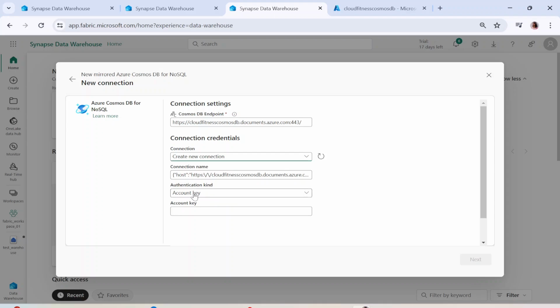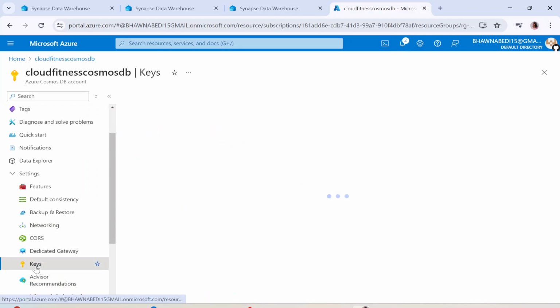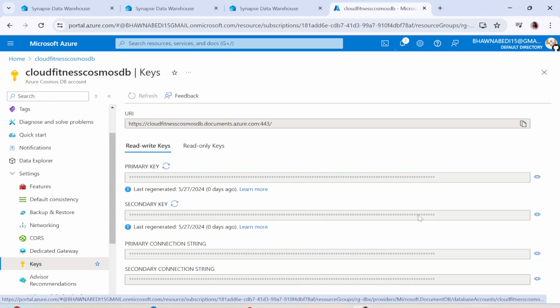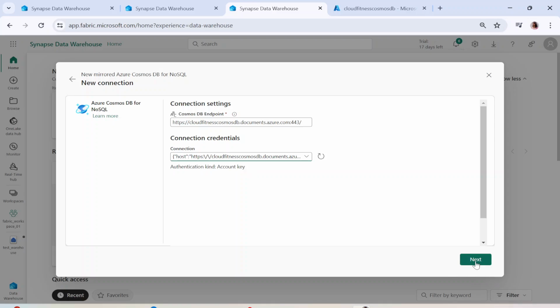In this new connection, it just takes your account key as an authentication method. You can set up your authentication method; right now, it's account key. You can get the account key from the keys section over here, copy your account key, and place it over here, and then your Cosmos DB endpoint is ready.